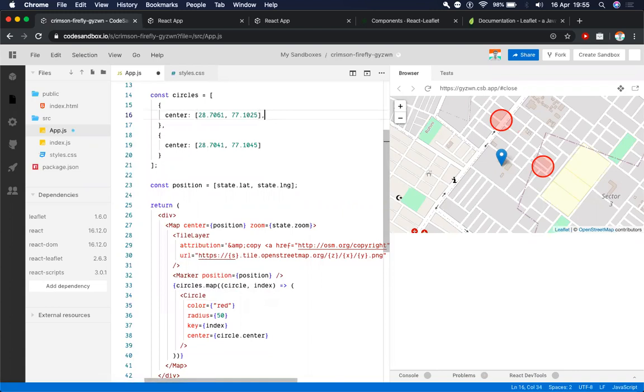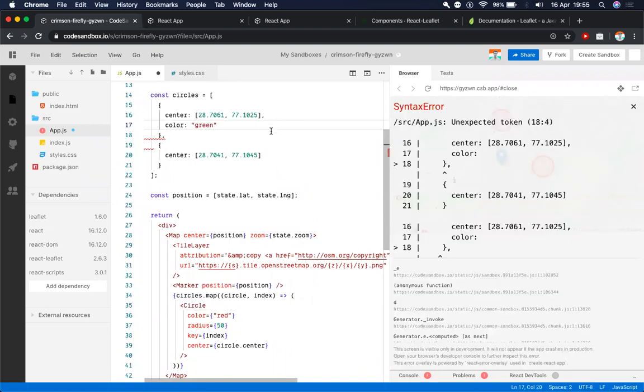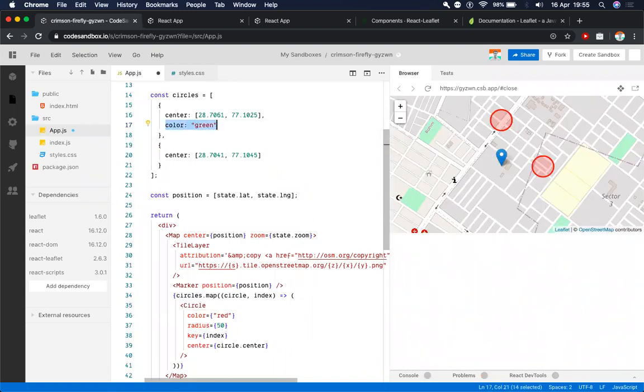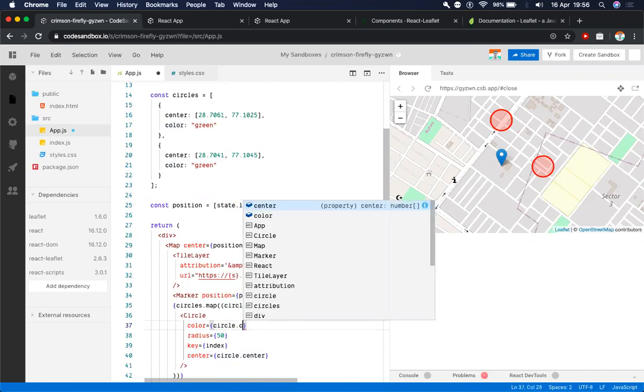So let's make this a property of our circles object itself so that we can change it later on whenever we want, and to make this more dynamic. So right now, along with the center key, we are also passing the color key in our circle object. So right now I can use circle dot color.